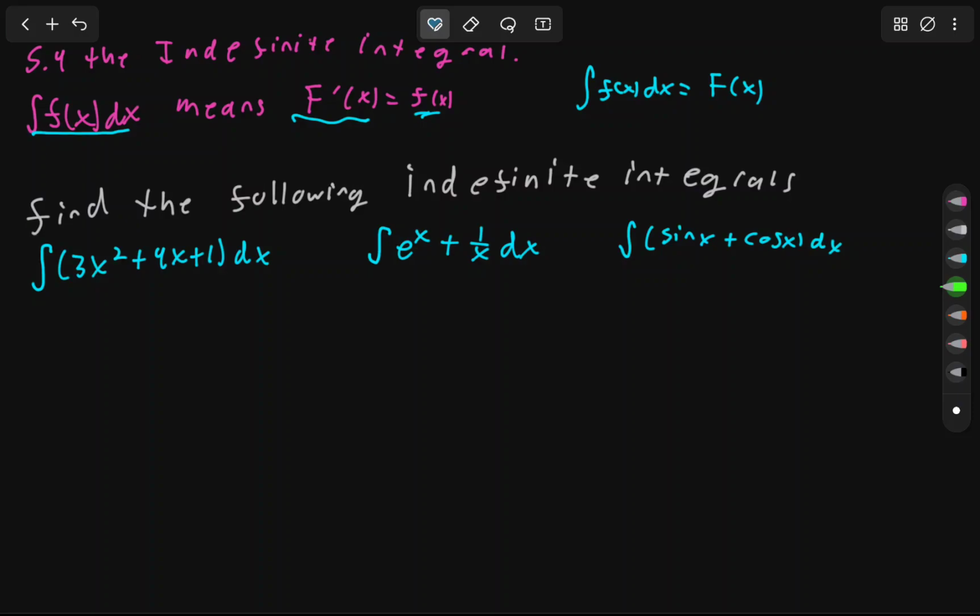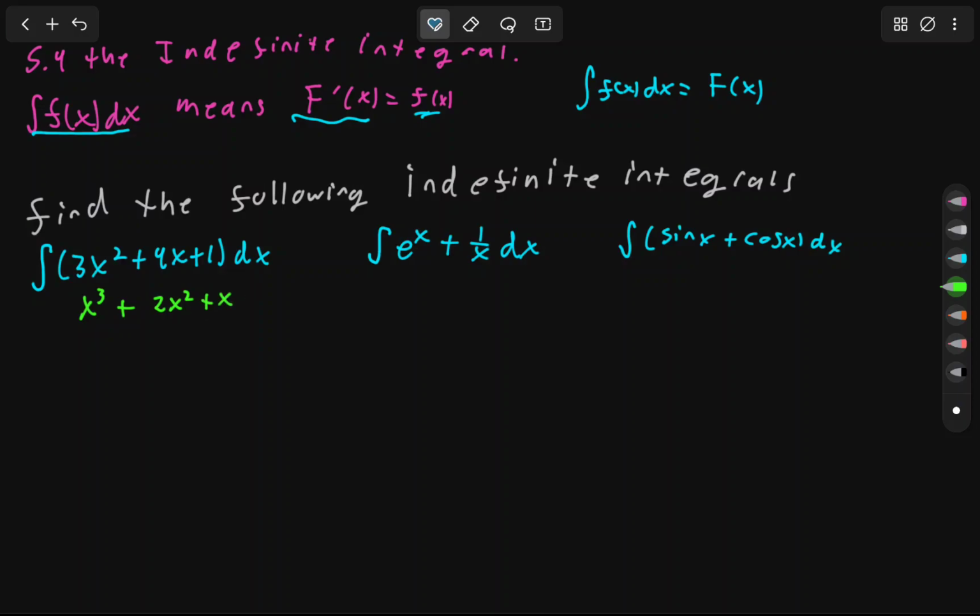So let me ask you this way. What is the antiderivative of 3x squared? Well, what do you have to take the derivative of to get 3x squared? X cubed. So we get x cubed. What is the antiderivative of 4x? It's going to be 2x squared, as it's going to be raised the power by 1 and divide by 2,